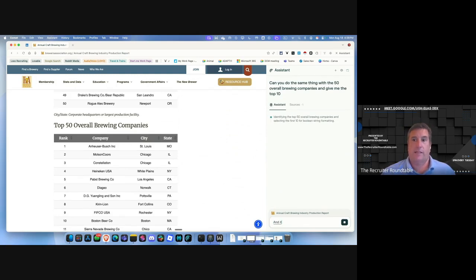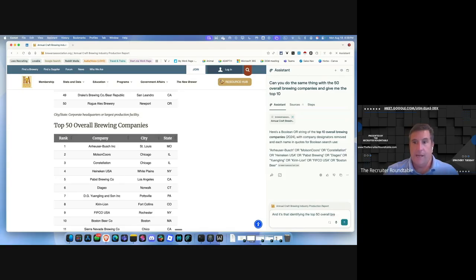And it's doing that, identifying the top 50 overall brewing companies, and selecting the first 10 for the Boolean string. So it should be Anheuser-Busch, Molson Coors, Constellation, Heineken, USA, Pabst, or Diageo. So you can use this again